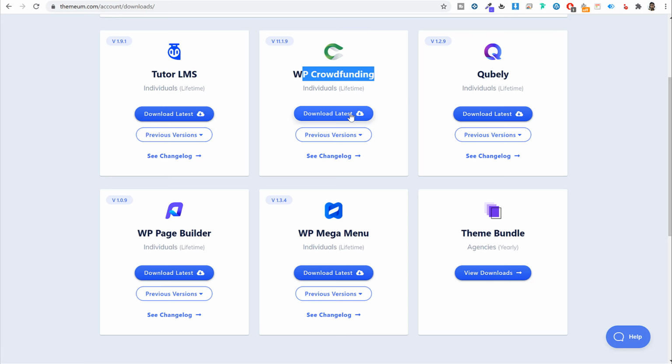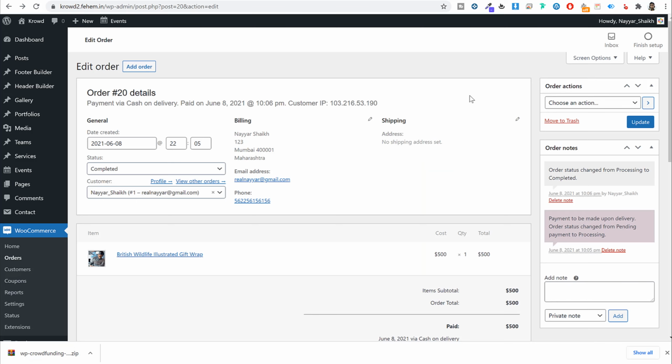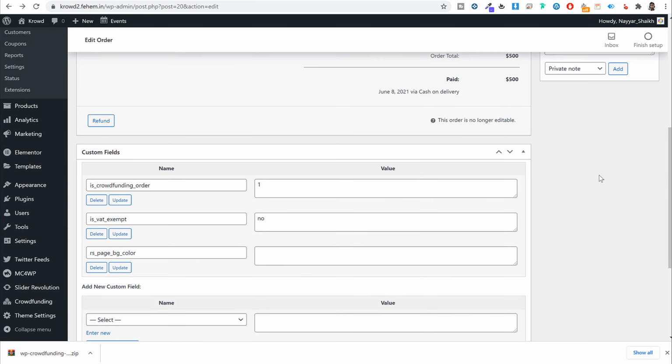So this is WP Crowdfunding, click on download latest version, and this pro version plugin will be downloaded. Now again, let me tell you one thing: all these things that we have done have been done using the free version. The pro version is only useful if you want to automate the withdrawal process. So if you don't want to automate the withdrawal process, you can just keep on using the free version. Or if you have a few extra dollars to spare, you can purchase the pro version and have more